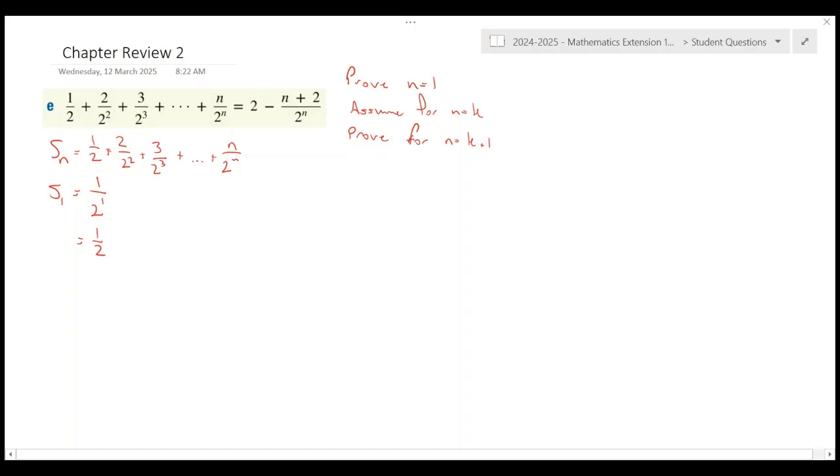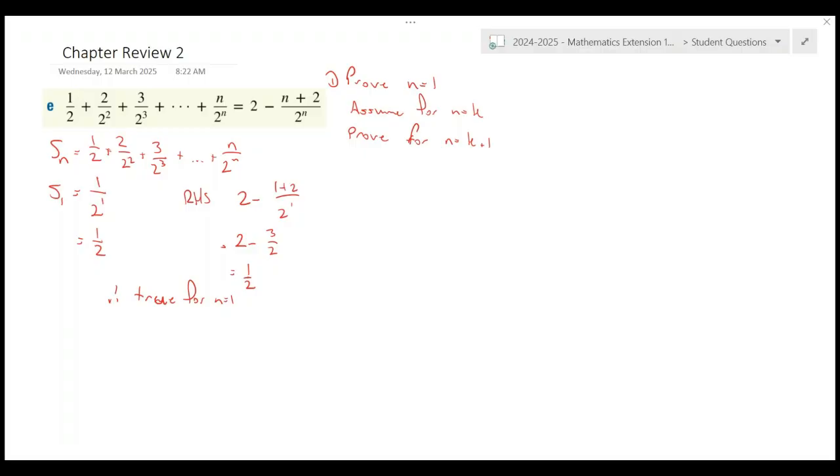And if we have a look at the right-hand side, we have 2 minus 1 plus 2 over 2. So you end up with 2 minus 3 over 2, which equals a half. So left-hand side, therefore, true for n equals 1. So that's our first step. So let's call that step 1. Step 2